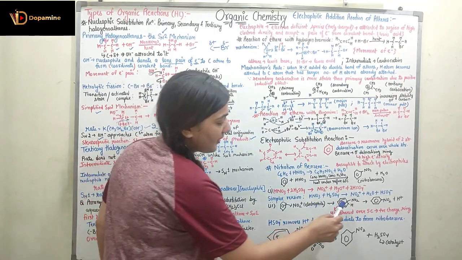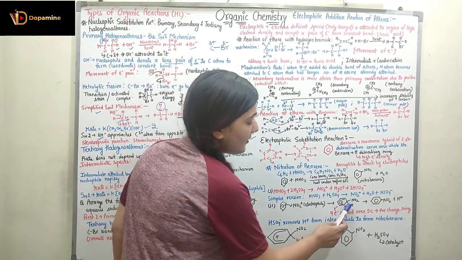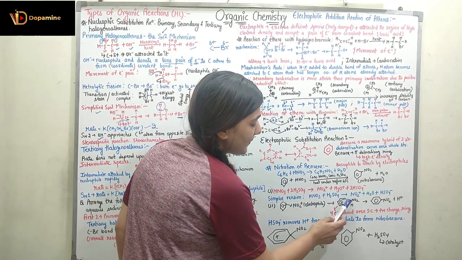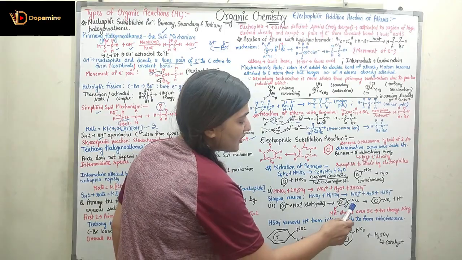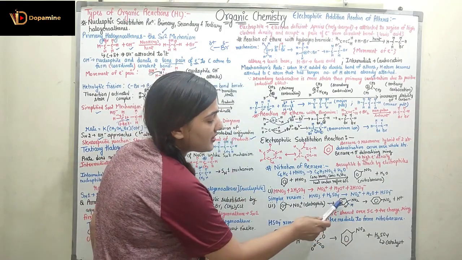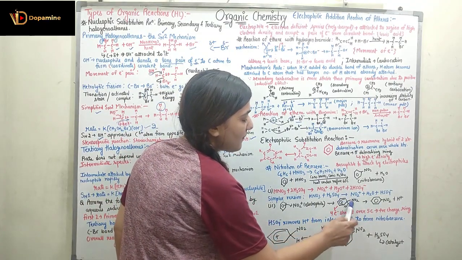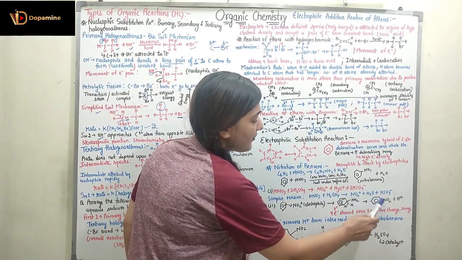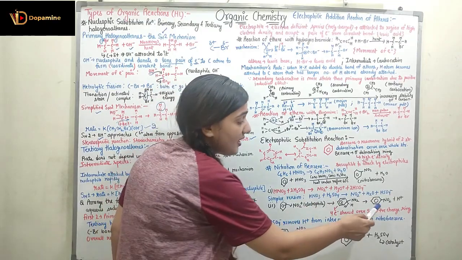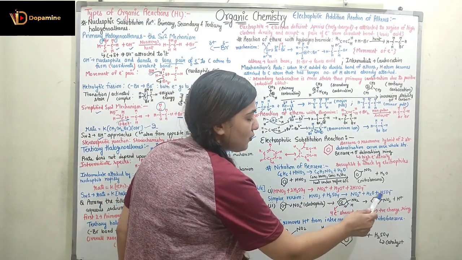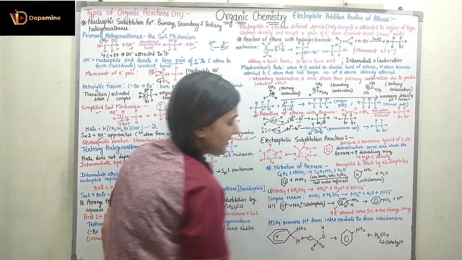So when it attacks the benzene ring, here we have the double bond present in between only 5 carbon atoms. Here we have the single bond on the last carbon atom, so it has hydrogen as well as the NO2 bond, right? So here we can say 4 electrons are shared over the 5 carbons. So we have a positive charge induced on the benzene ring, right? Now the positive charge can be removed with the H positive ion over here, and we can have the benzene, because benzene is more stable than this positively charged structure. So now it will remove H positive to get to the lower potential energy level, and it will have the nitrobenzene structure plus H positive.